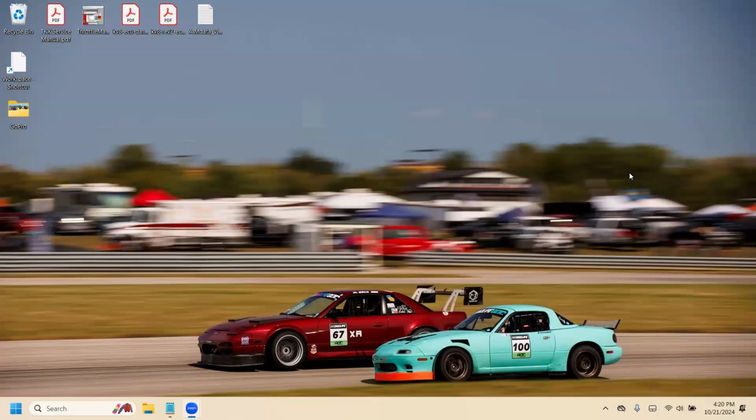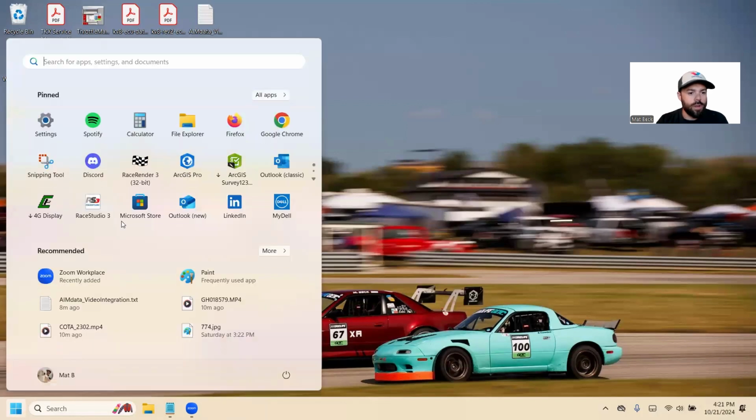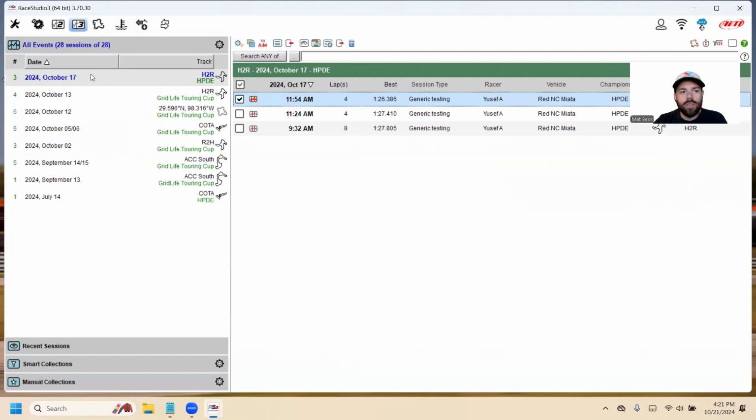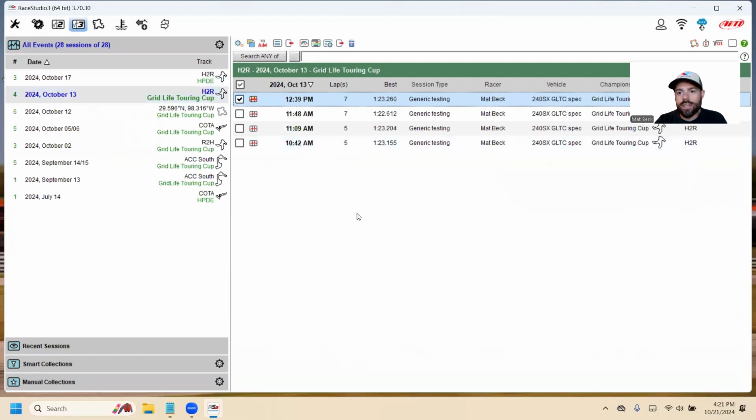So let's get started. I'm going to start from scratch and go over the process from start to finish. The first thing you're going to want to do is open up Race Studio 3. This is typically what I use to download my data and look at it and compare lap times, things of that nature. This is a standalone thing that you might want to use for various reasons, but for the purpose of this tutorial, we're just going to export the data out of it using